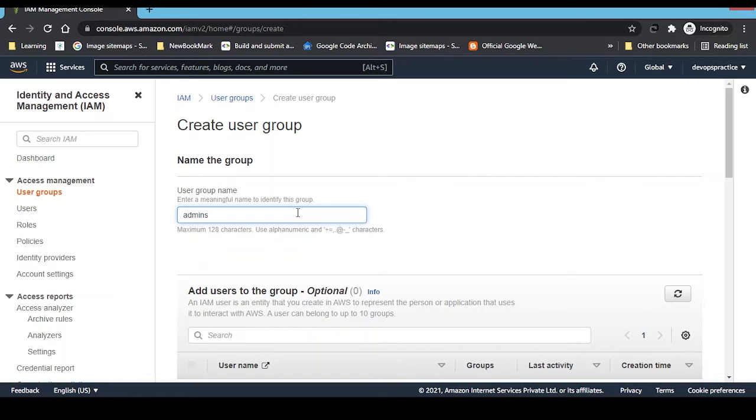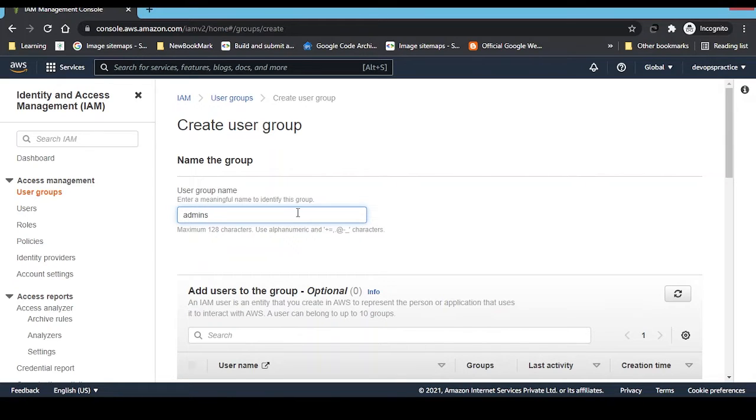Right now guys, you must be thinking, when we have an administrator, why are we going to create an admins group again? Basically what happens is, once you create any IAM group, by default it doesn't have any access. So you are able to log in to the console, but you are not able to access any of those services.